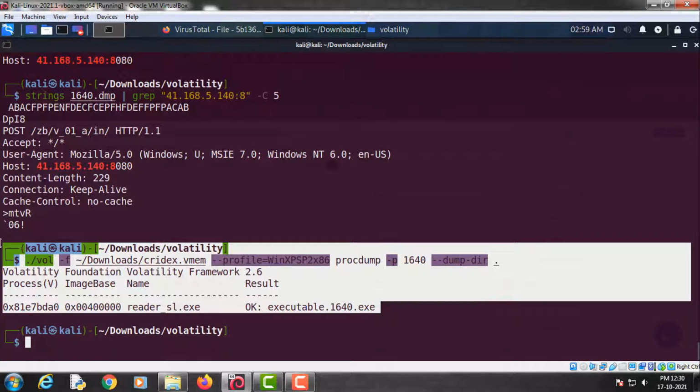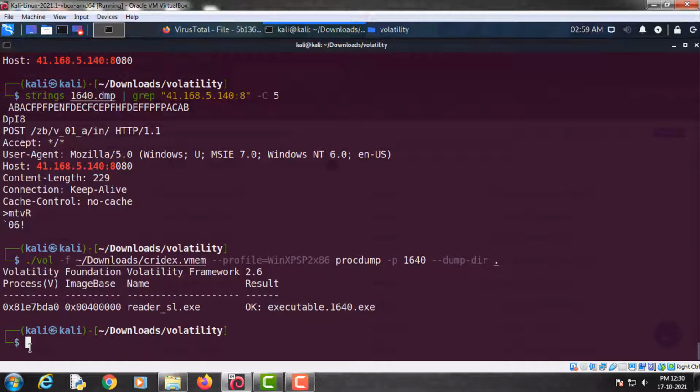Now we can also further analyze this memory dump for finding which program is behind this malicious program. So for this purpose we will analyze the registry keys.